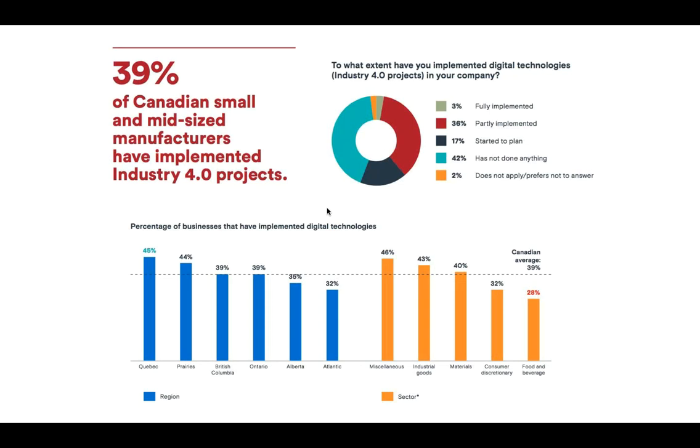Now, just to take a step back, the BDC did a great study last year on Canadian manufacturers and how they're doing with adopting Industry 4.0. 39% of Canadian small and mid-sized manufacturers have implemented some sort of Industry 4.0 project. But when you look at the breakdown, actually only 3% are fully implemented. And I would count most of our customers in that fully implemented area,